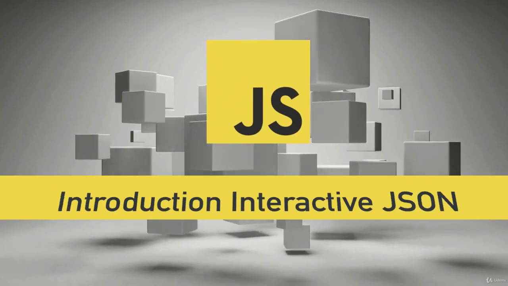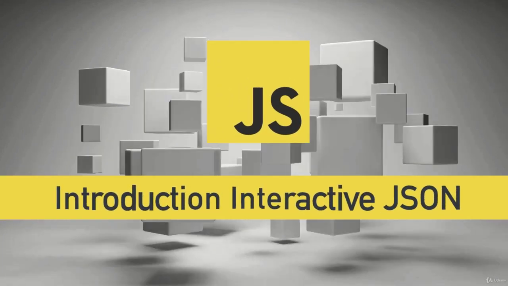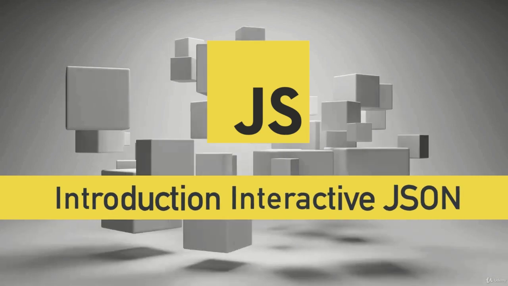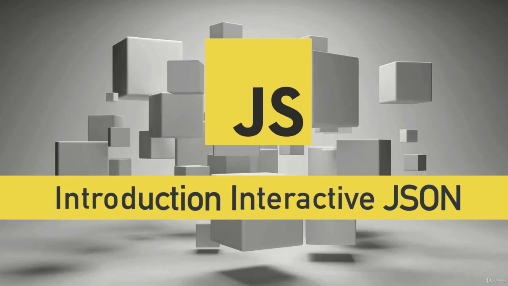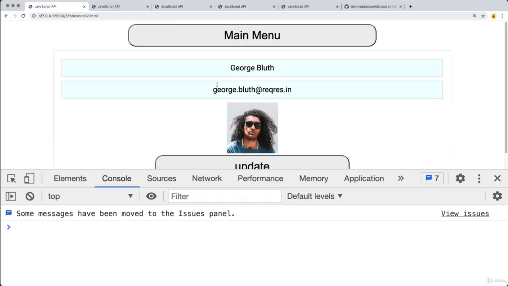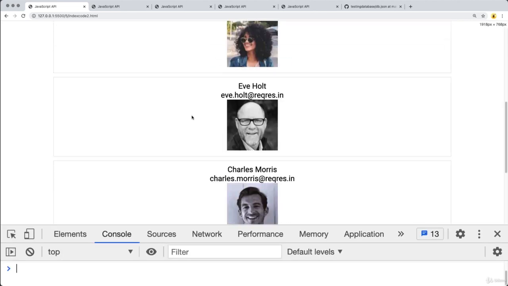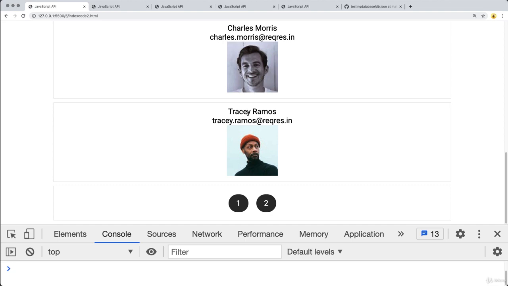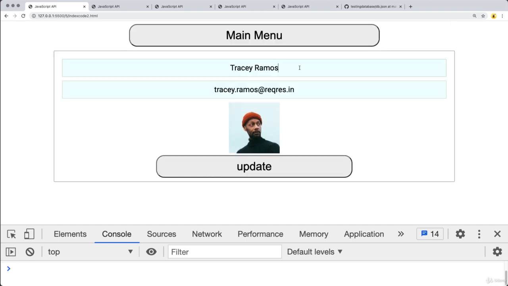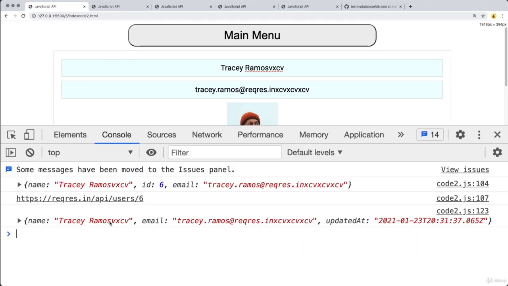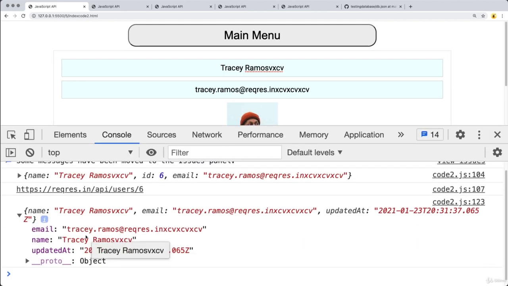In this section, we're going to be focusing on interactive applications. So some of the applications that we're going to be creating are going to be interacting with endpoints, and these are going to be able to list the content from the endpoints, and then also select the content and update each individual item. So sending the update request back to the server,